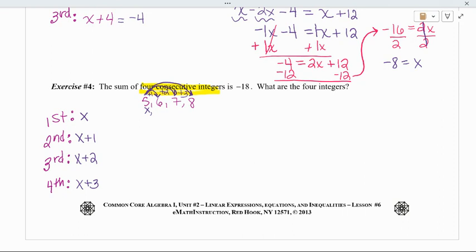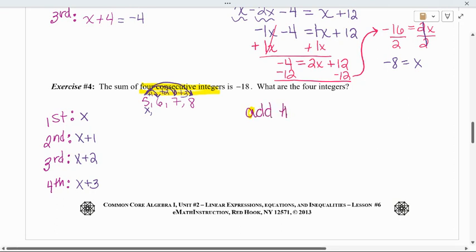Okay, so it says the sum of the 4 consecutive integers. What does that mean? Go ahead, Owen. So we're adding them all up. Yeah, it just means that we're going to add them all up. And I'm just going to write exactly what you said. Add them all up. And it says is, which means equals